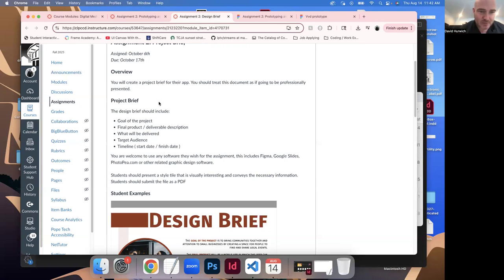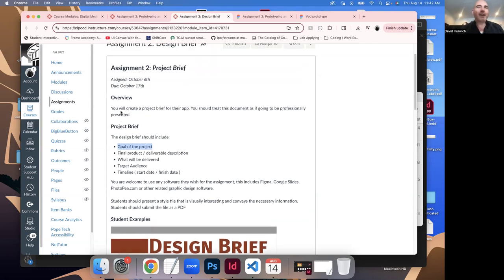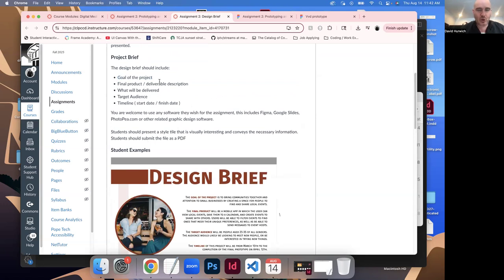That's the point of your design brief. The way I describe it is, if someone were to get hired and you're trying to catch them up to speed on what the project is, that's what the project brief is for. It lays out the key points of what you're trying to do with this project. One of them might be the goal of the project.